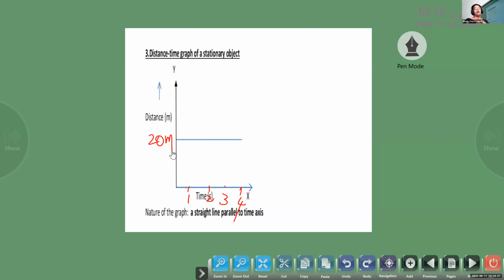So in the exam, I can show you this graph and ask what does this graph indicate? What answer will you give me? This graph indicates the motion of a stationary object, or motion at rest, or you can write the same heading, distance-time graph of a stationary object. Either you can write motion at rest, or the position of a stationary object, or motion of a stationary object. Anything. Clear to you, children? Okay.